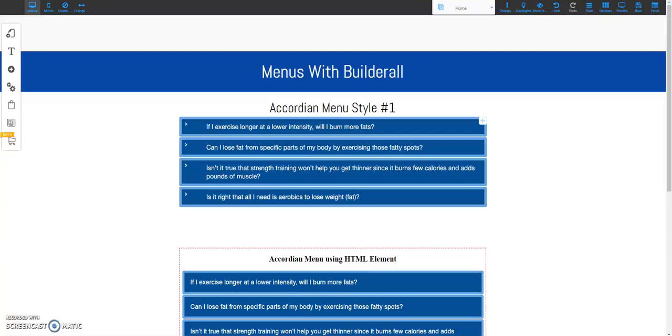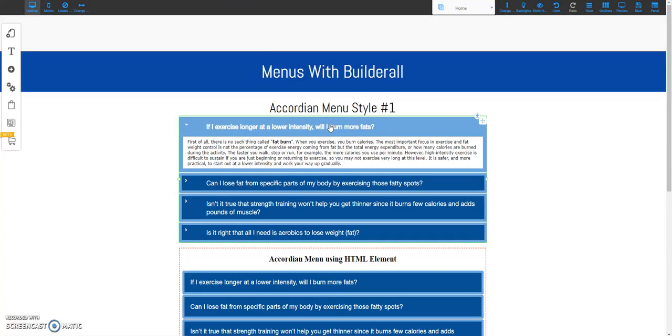Right now, I'm in the preview mode of my website that I do tutorials with. Now, what is an accordion style menu? Well, if you look at this area right here, if I click on it, watch what happens. It unfolds down below, and this type of menu style is used a lot in different formats, but